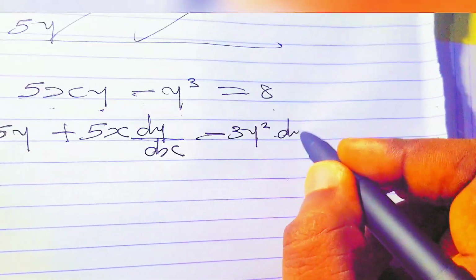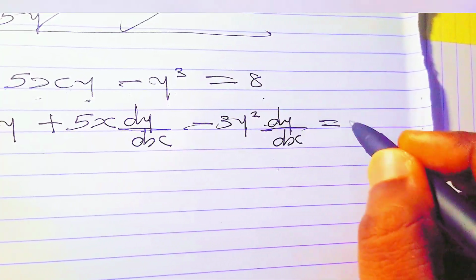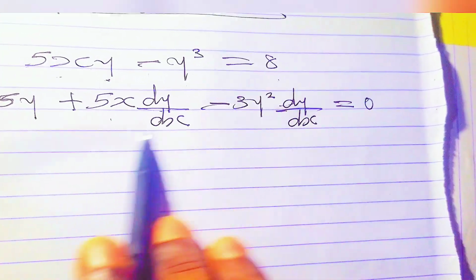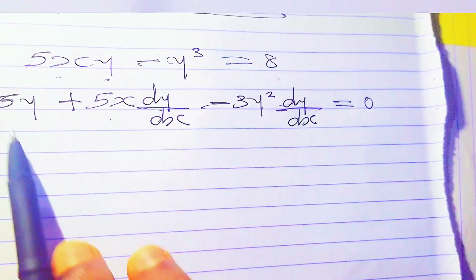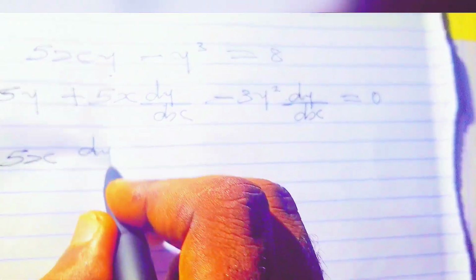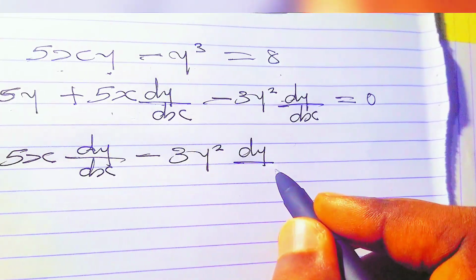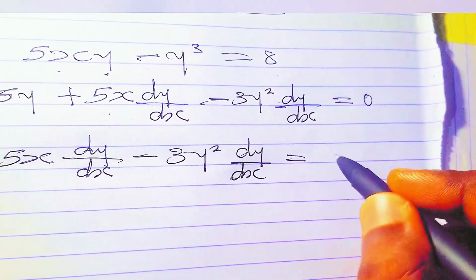Of course, it has to carry the dy/dx. The differential value of a constant number is going to give us 0. And then we can make use of dy/dx to factorize this term and this term. We move these to the other side of the equality sign, so we have 5x dy/dx minus 3y squared dy/dx